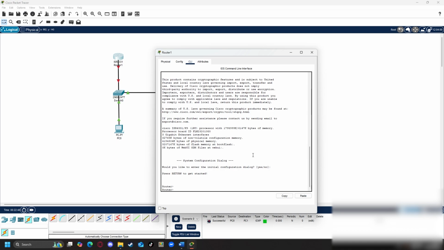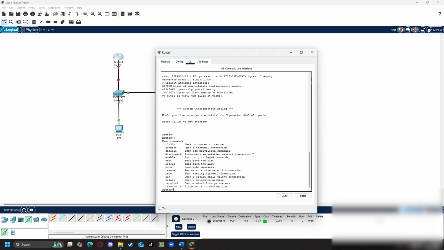So straight off the bat, what I'm going to show you first and foremost is if you get stuck at any point, you can't use the help command, but what you can do is you can use question mark. Now, the question mark will always give you an option when you're either typing a command or if you are stuck on what possible command it is. Now, you'll notice in here we have the enable command, which turns on privileged commands. Privileged is a mode that usually we lock down quite heavily because basically that's how you can make all the edits in the world to this system.